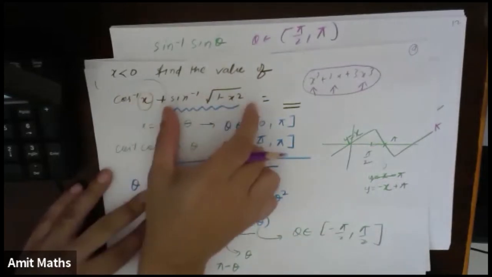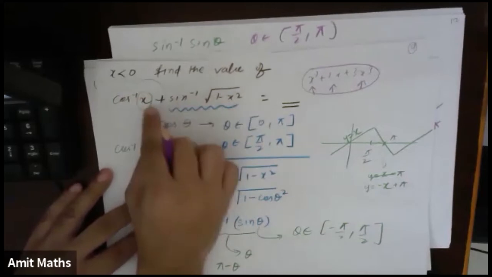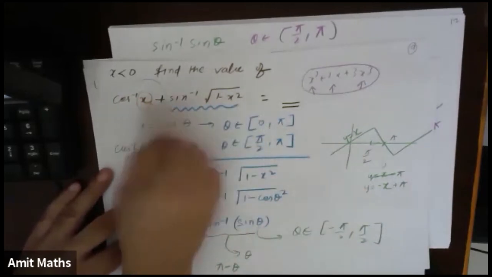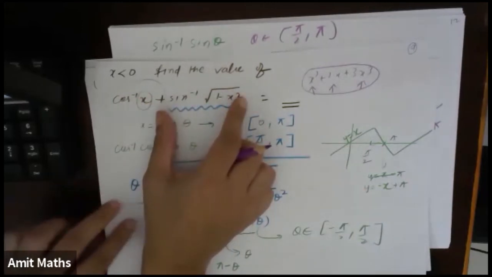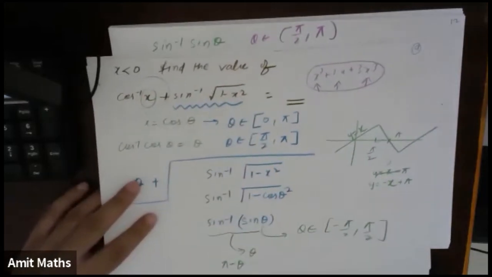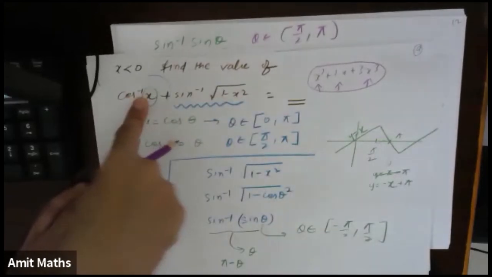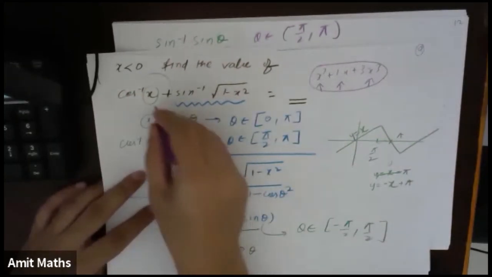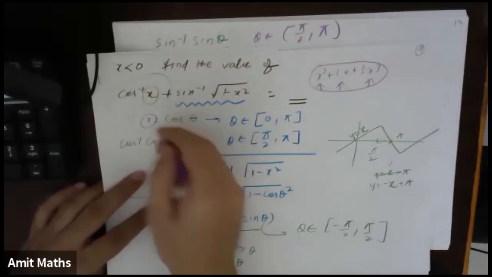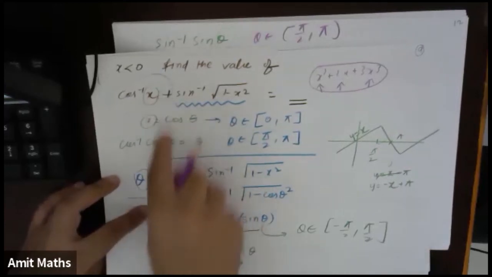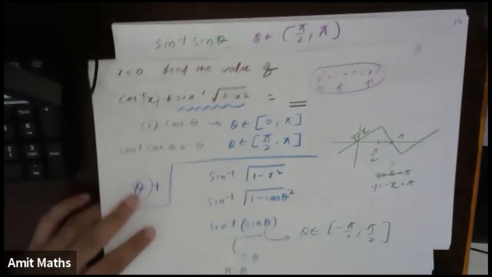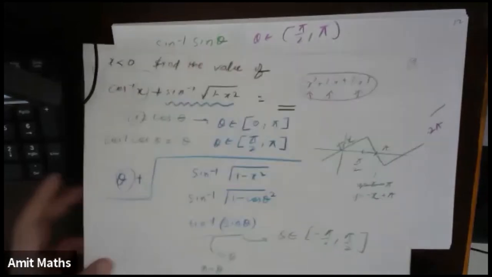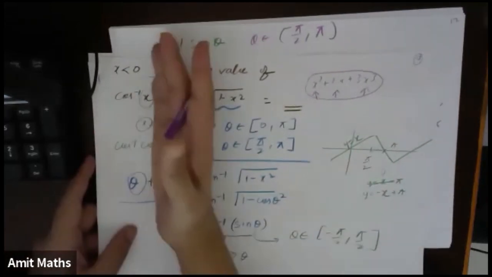So if you are taking something here, then it has to be the same thing here. If you want to solve using this part, you can solve. I have not tried it using this part, but you can. There is no restriction that you have to solve from cos inverse also. But if I substitute x as cos theta, it will simply come out to be theta. That is why I started this way. It will be less tedious and easier to work out, at least for this part.